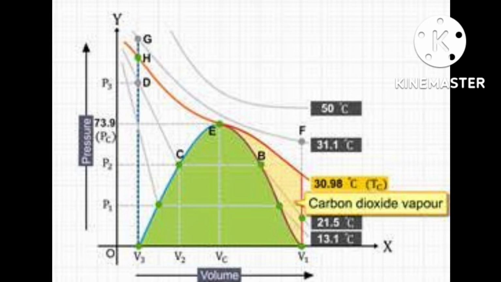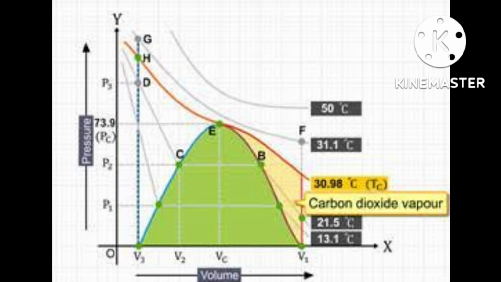Then pressure will come. At that time you will feel that volume is decreasing after increasing the pressure. When the pressure increases to 76 bar, the volume will be very small, but the gas will not liquefy. And when you further decrease the temperature, the volume will decrease fast,